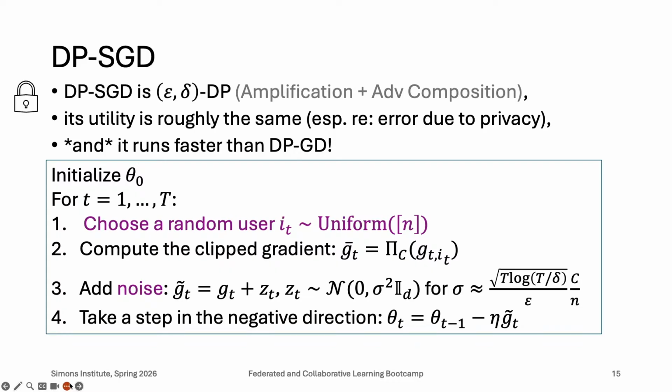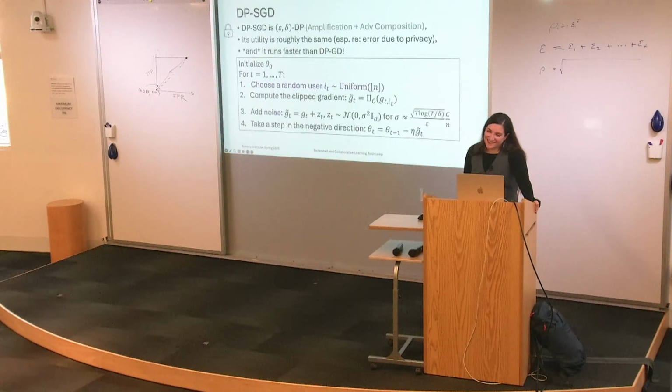Yes? Do things change if you just secretly shuffle the data set and go over it in order, like sampling without replacement? It's a really good question. We're going to talk a little bit about the challenge in sampling in a few slides. But yes, things change depending on how you decide to pick the batch or the sample. So far, it's sampling with replacement uniformly. The cleanest theoretical analysis, I would say, is Poisson sampling, where every person gets a probability p